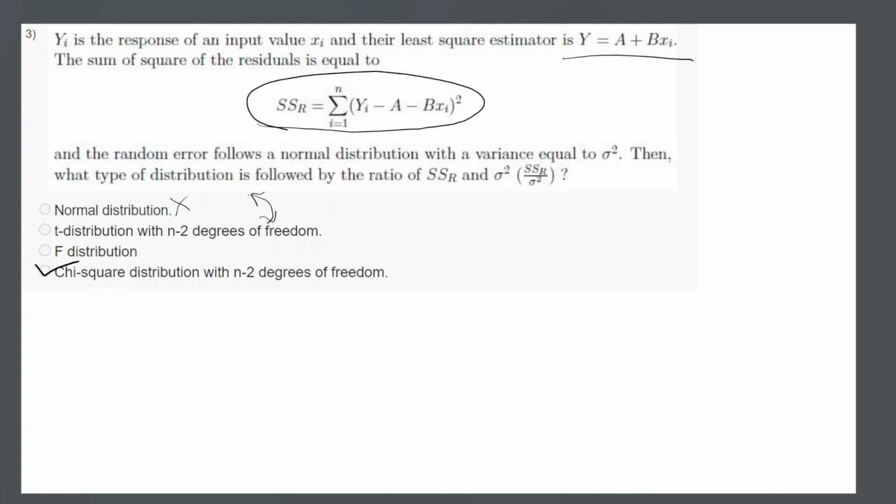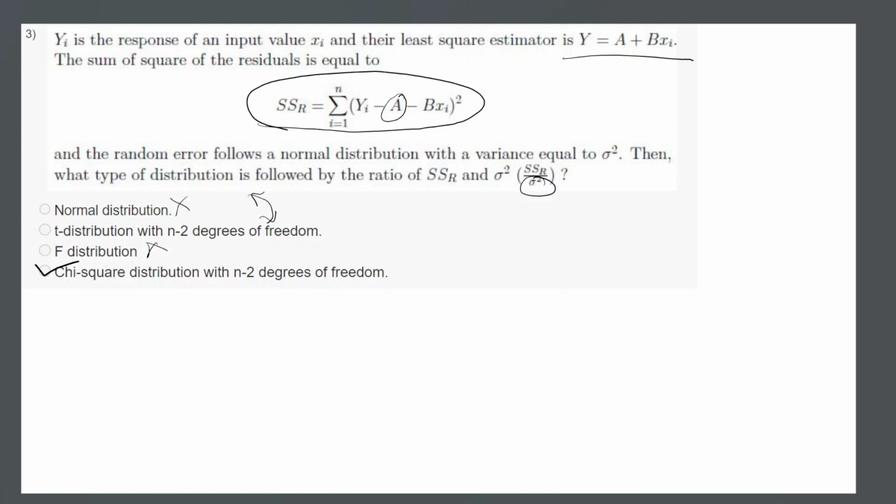So F is used for distribution, used for estimating. So the F distribution is also not the correct answer here. Since sigma square also follows a chi-square distribution, the ratio also follows the chi-square distribution with n minus 2 degrees of freedom. If you ask why n minus 2 degrees of freedom, it means already in our parameters we will